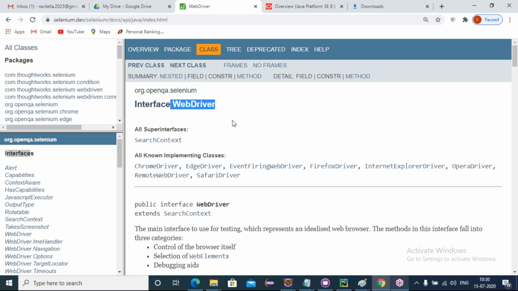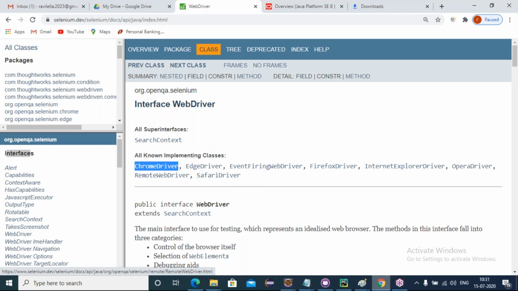All 13 methods got implemented in the Chrome driver, all 13 abstract methods implemented in the Edge driver, all in Firefox driver too. So whichever browser you want to launch, for that browser we have to create an object of the supported driver class. Once you get the object of the Chrome driver class, with the Chrome driver reference variable I can call any of the methods to perform operations on web elements.